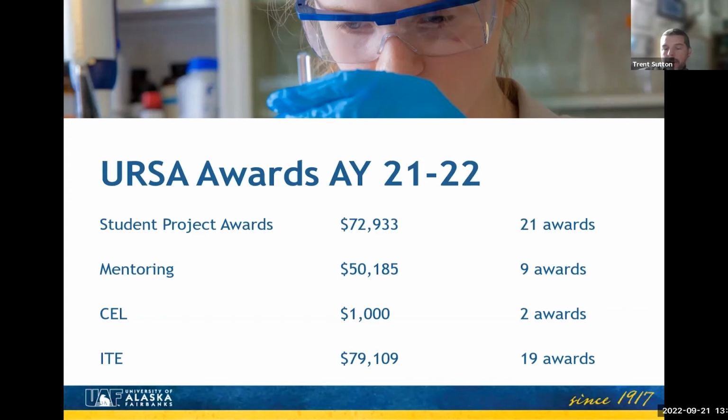And like I mentioned, and like Aaron mentioned, you can pop by the URSA office, which is in 301 Bunnell building, and take a look at those proposals that have been funded. So you can get a sense for what a funded proposal looks like and what you need to include in that, which I'll talk about in a moment. But it's always nice to ground that with looking at what a successful proposal looks like.